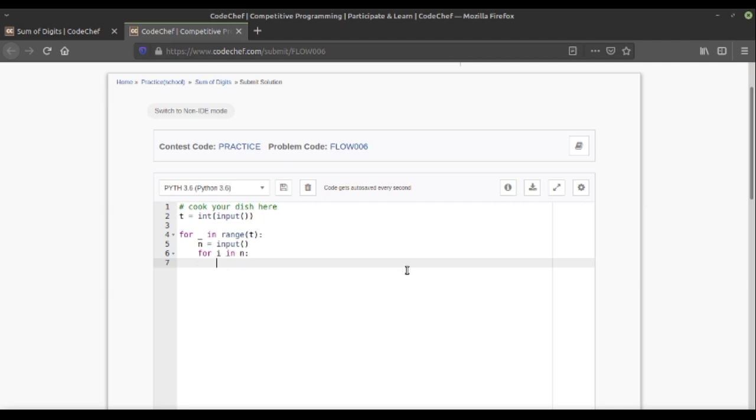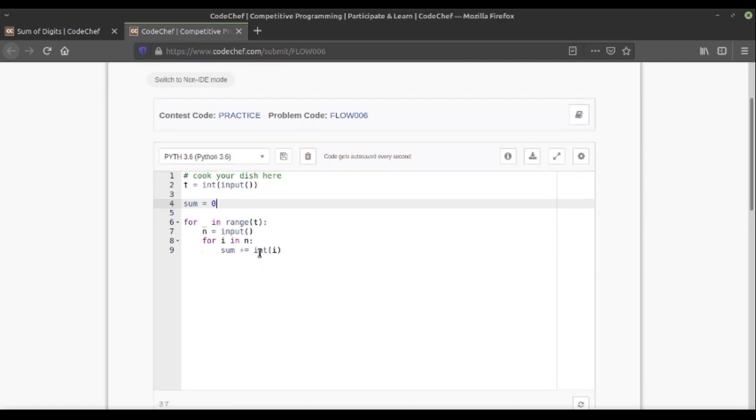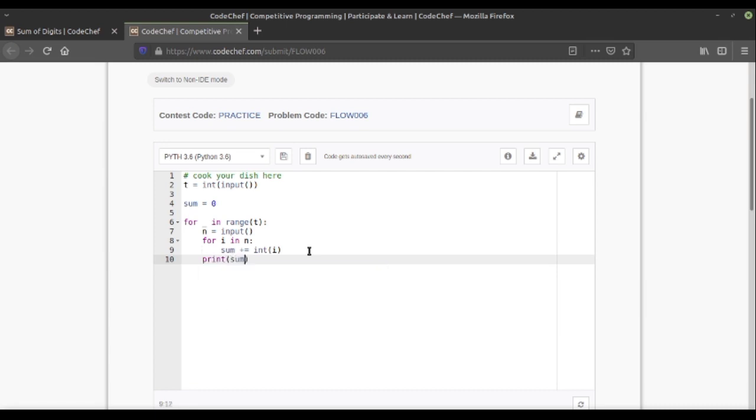First of all we will convert it into an integer, and then add to a variable: sum plus equals int of the digit. We have to initialize this sum equal to 0, and then each time the next digit comes it will be converted into an integer and added to the sum, and after that print sum.